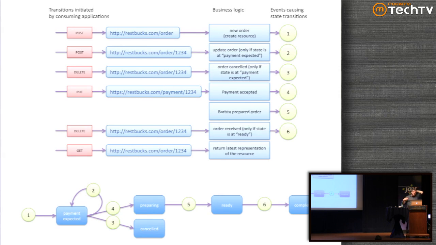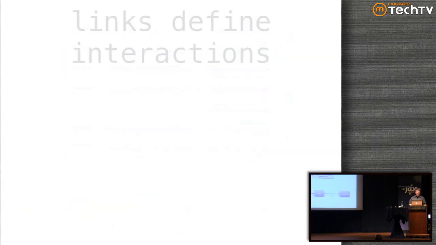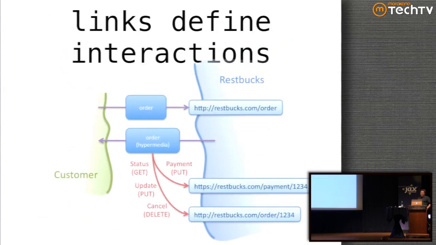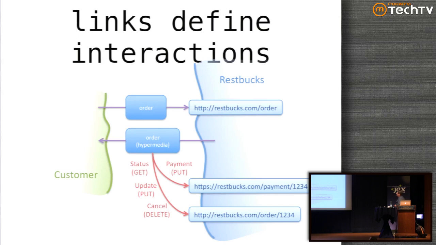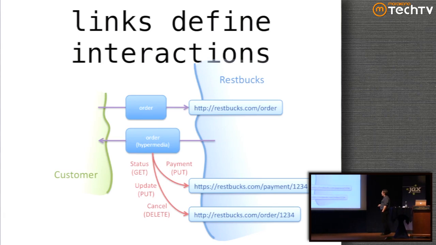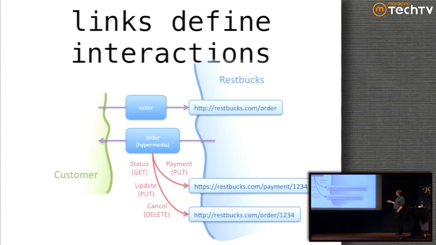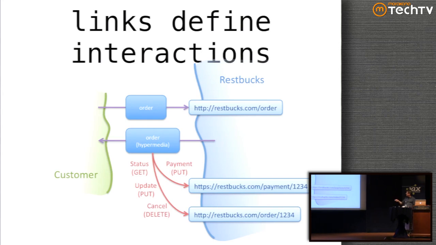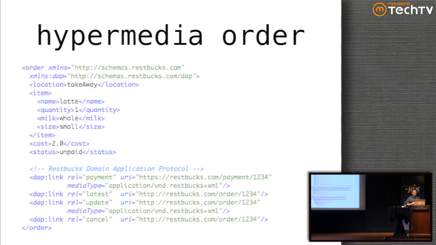This is actually really nice architecturally because building state machines helps you think about all the states that you should accommodate for that resource, because resources have a certain number of valid states. Now you can start thinking about, what is the delete state for this particular resource. And so the links that come back define the kind of interactions you can have with the application. So for example, if I place an order, what I'll get back is a way to make a payment or a way against this URI to either get the current status on it, do an update for it, or delete that order.